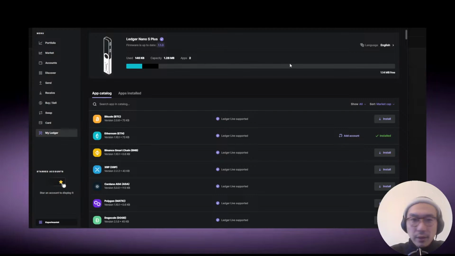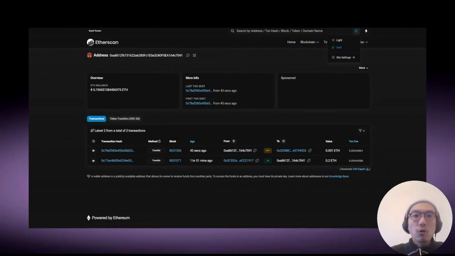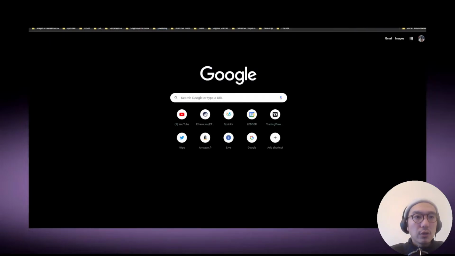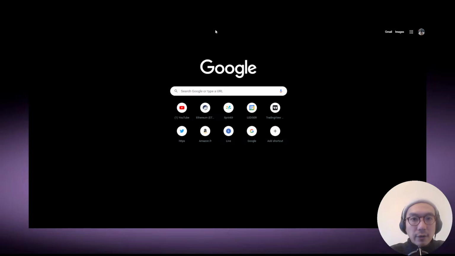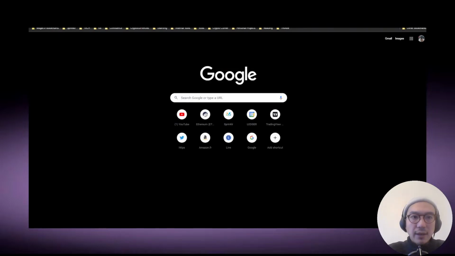So in order, you would want to update, first of all, your operating system. Make sure you're operating on at least Windows 10, I would say. Then make sure Ledger Live is up to date. You would always want to head to ledger.com. Now, in doing so, you just want to make sure that the domain is 100% correct, right? Ledger.com. If you go to Google, for example,